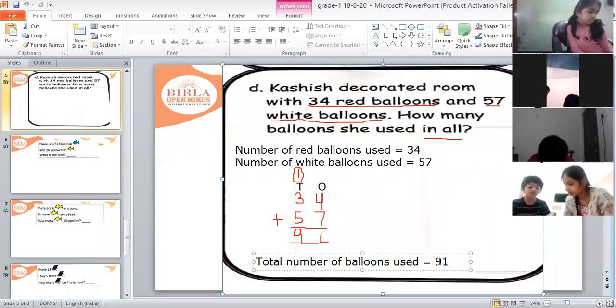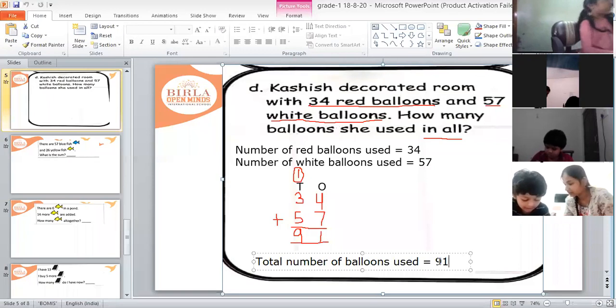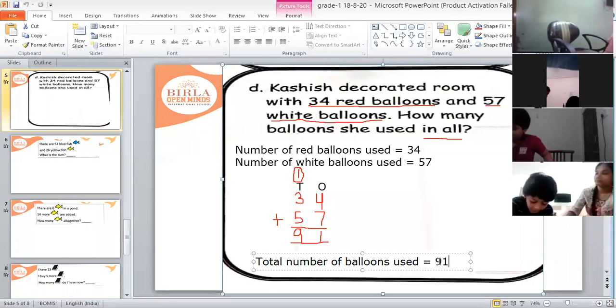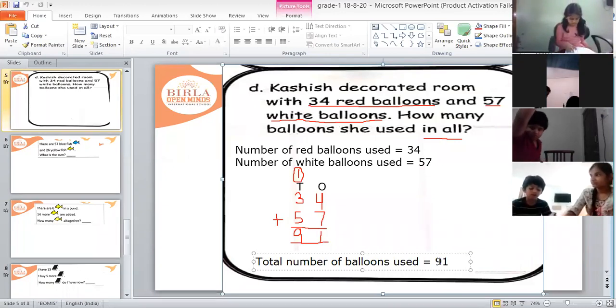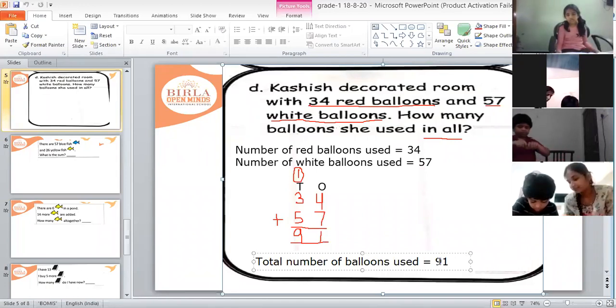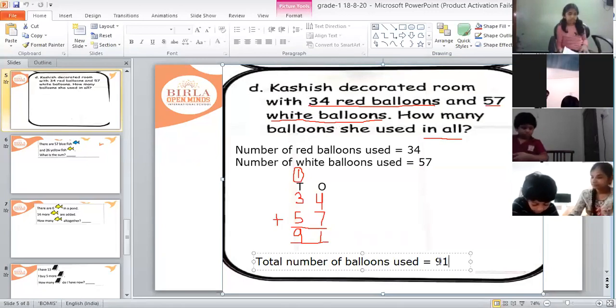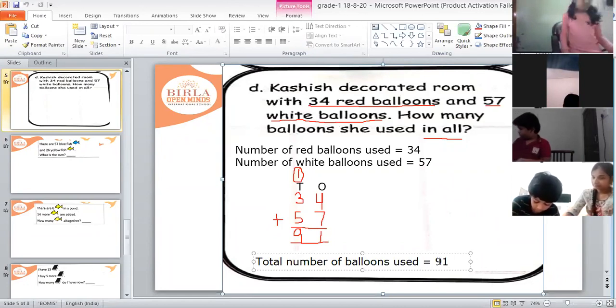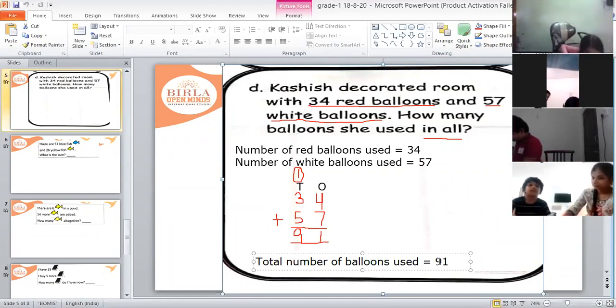Okay. So is there anyone who is still writing this word problem? Please write fast. Those who are still writing, please write fast. And children, if you have completed, then please take out your math notebook. Those who have completed, take out your math notebook, write date and classwork in your math notebook.